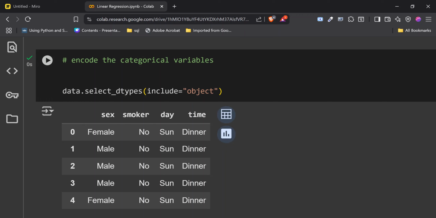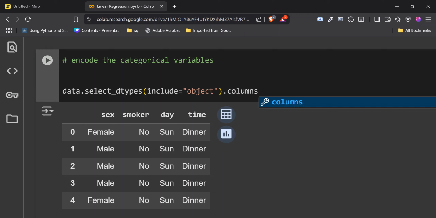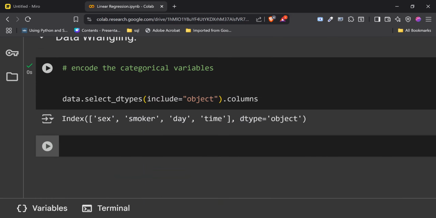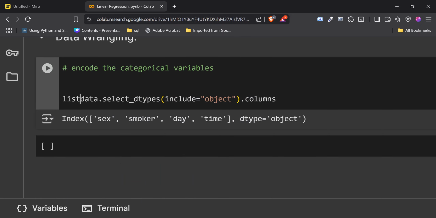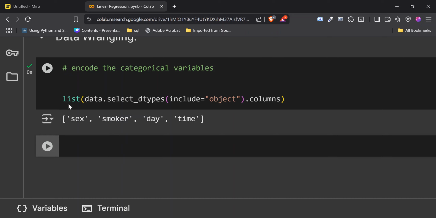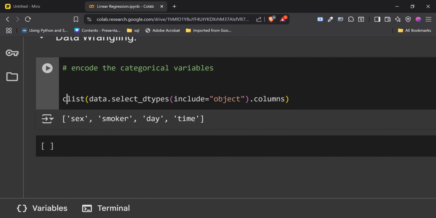So what we are going to do is call .columns so that I return the column names. We have these column names and we can list them, and it becomes an actual Python list. Then I can call that categorical_cols, like this.